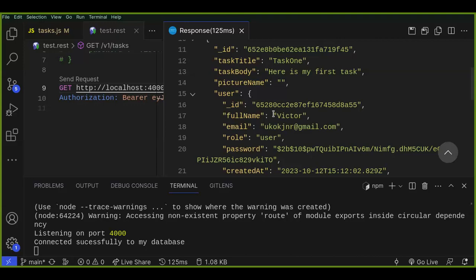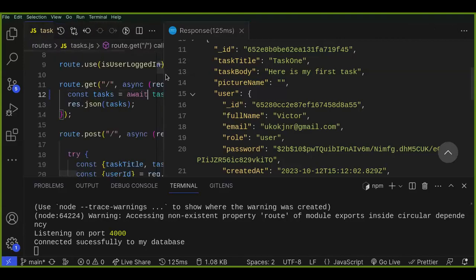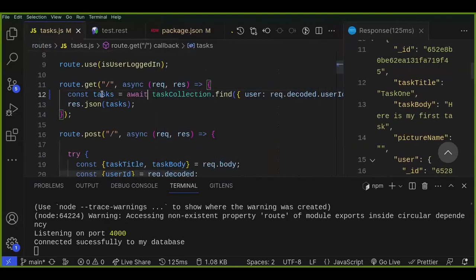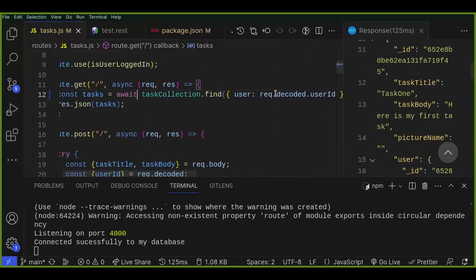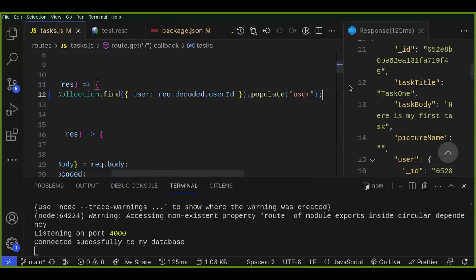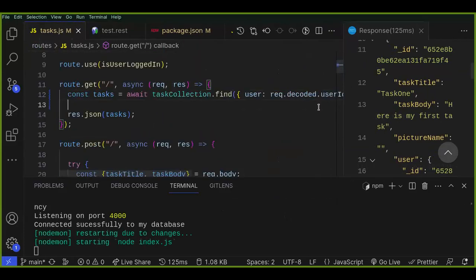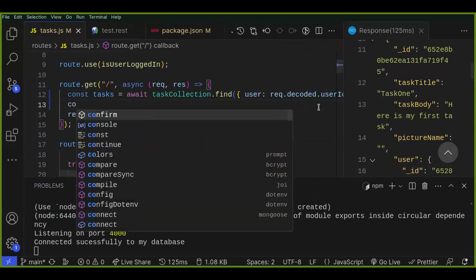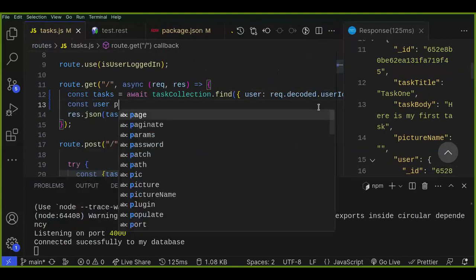So instead of you making two requests, you know, there's another way to do the same thing, but a less efficient way, which is to query the user separately. You could say something like const user equals